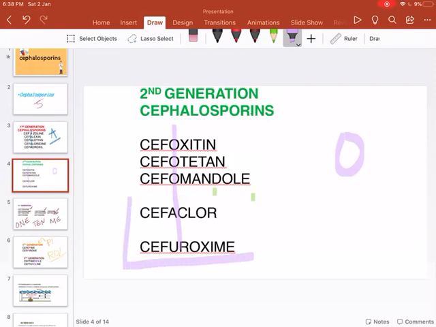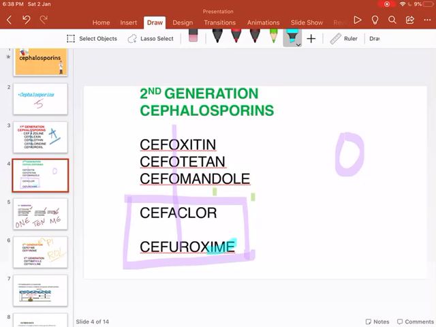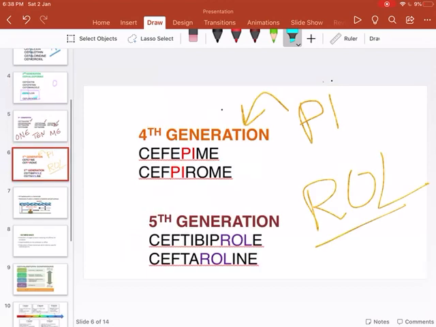So there are 2 exceptions in this, cefaclor and cefuroxime. As you could see here, at the last there is ME. But ME means it should be belonging to the 3rd generation. But this is an exception. Similarly, cefa here. Now you may get a doubt that here in the end there is ME and even the 3rd generation